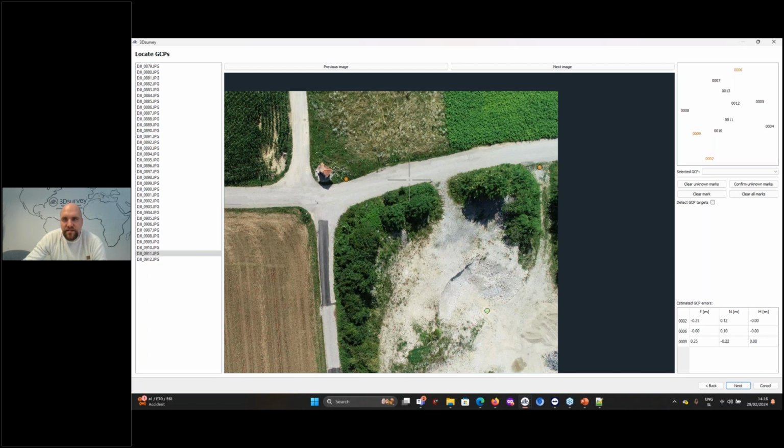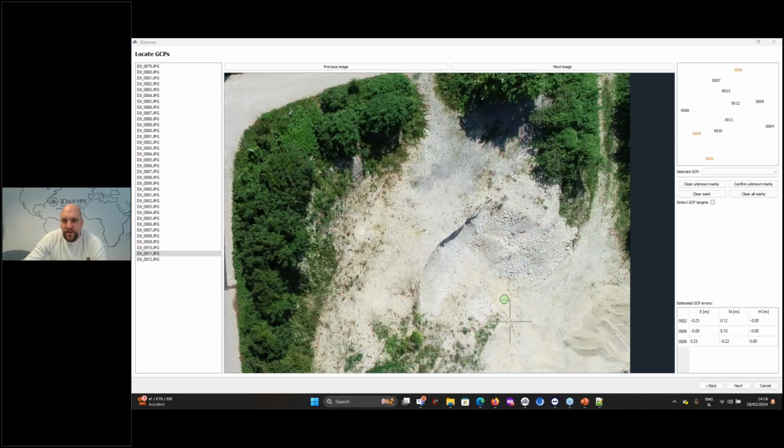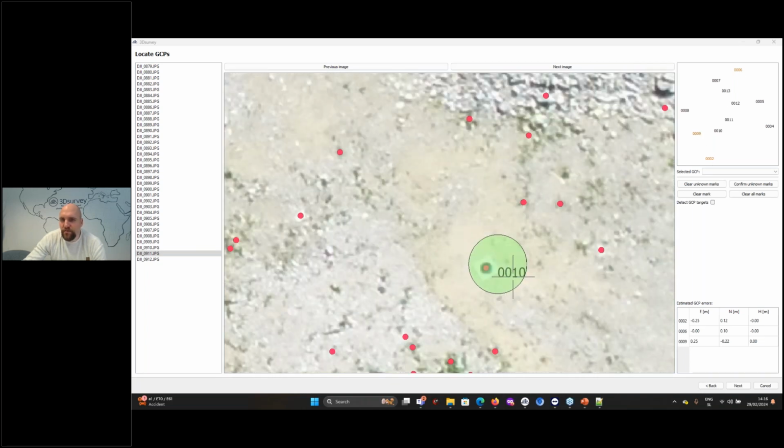After I mark these 3 ground control points, software figured out automatically which were the ones that I clicked. And this one, number 10, that we did not mark yet, approximate position of this one is already known. So this is now just approximate position.